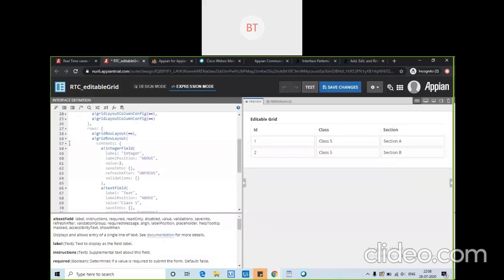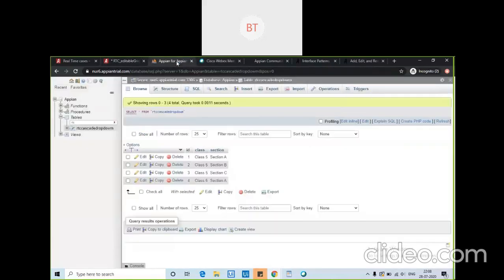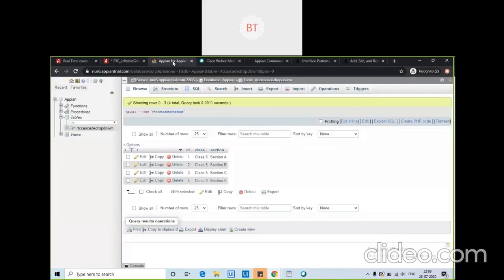But in a real time scenario, if you want to add manually, you have to use this type of code, right? The issue of this approach is that in real time we don't know how much data there is in the table.